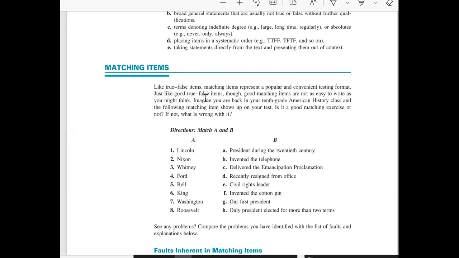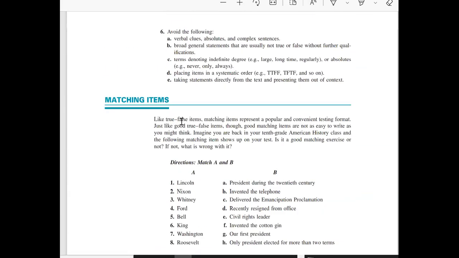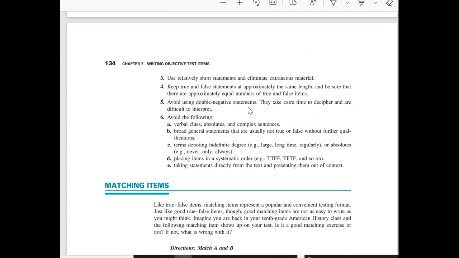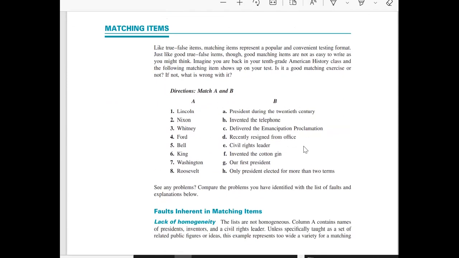All right, so he asks you what is wrong with all of this, and all the answers are in the appendix at the end of the book. So you don't even have to worry about that. You can just go to the appendix to see all that he says. Another important thing about matching items is that you must always have one extra